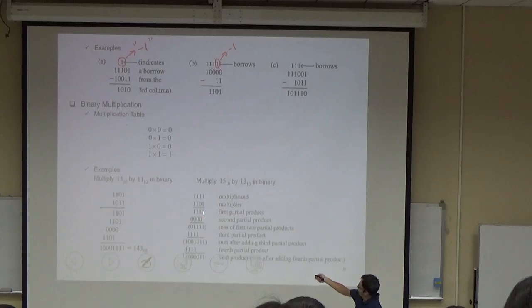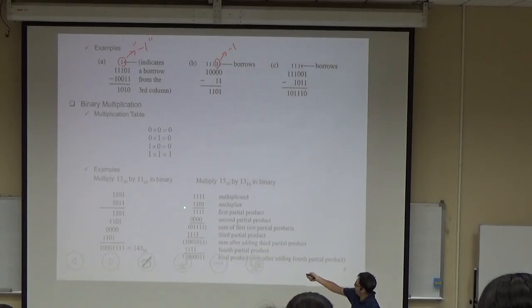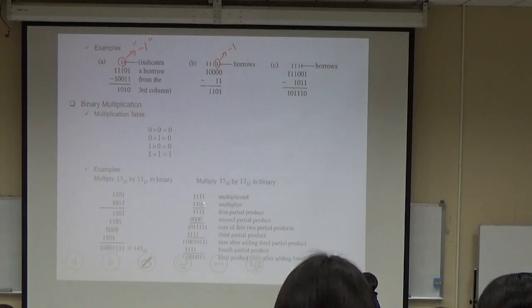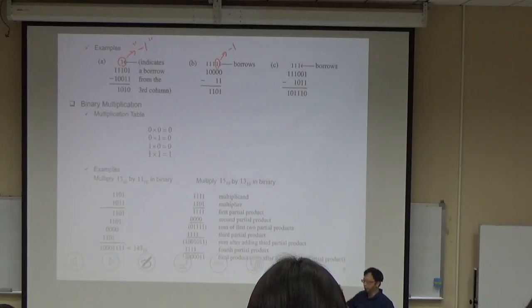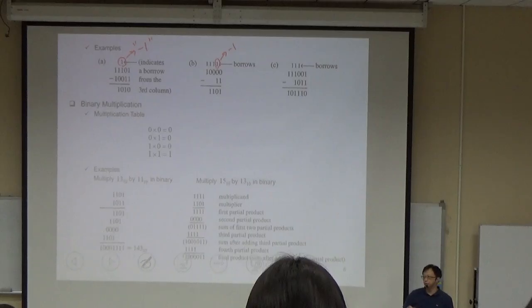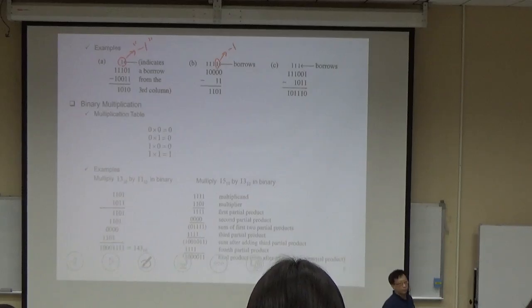So in this way, there are 2 expressions right here. This digit 1 multiplied by 1 obtains this first partial product. This 0 multiplied by 1 obtains this second partial product. And we add this partial product first to obtain this result. And these 2 partial products together, they can obtain